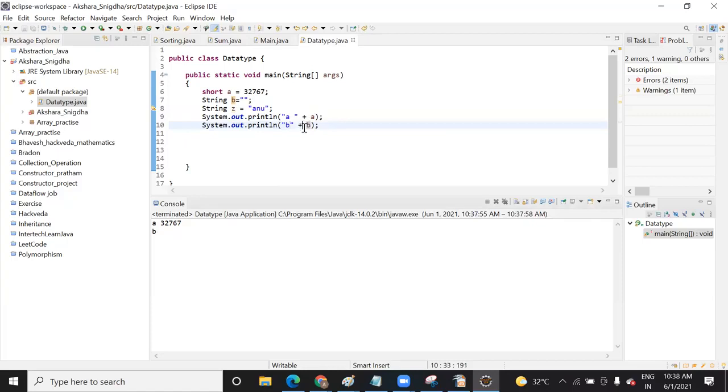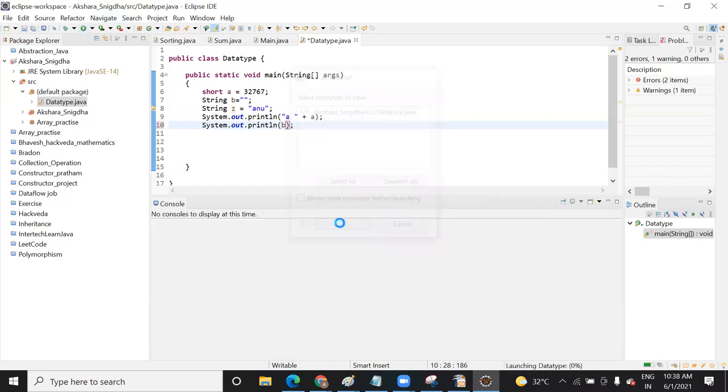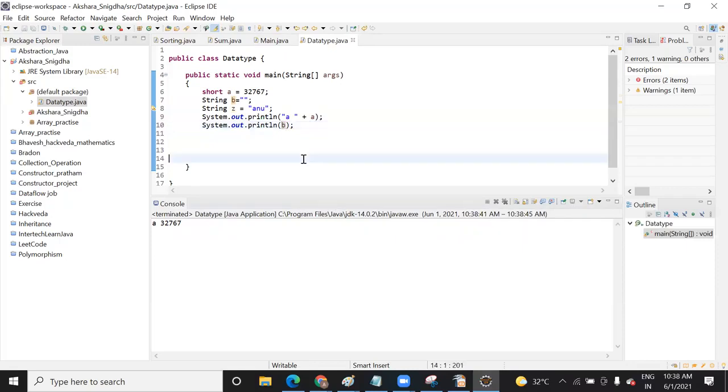If I do not initialize and I print it here, it will not print anything. Yeah, because it's zero, right? If you put b in the double quotes, it will print just b.